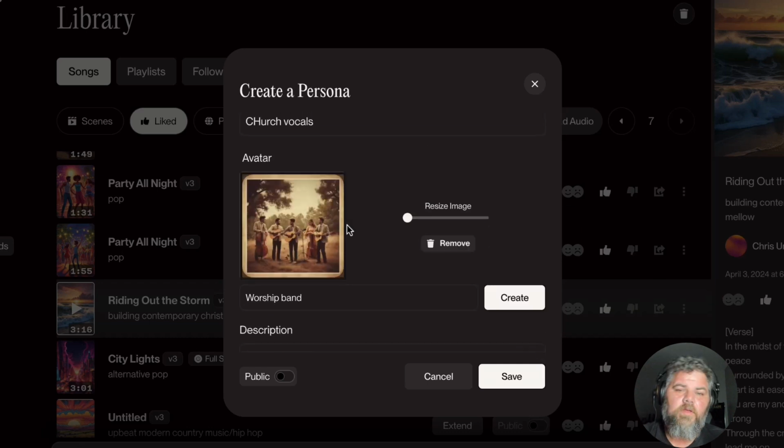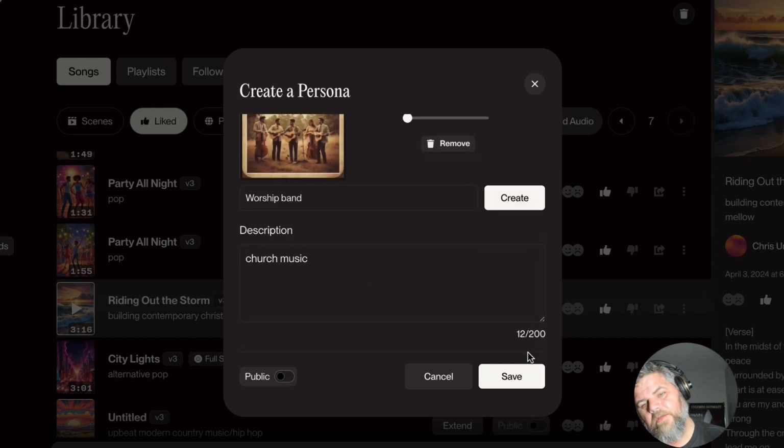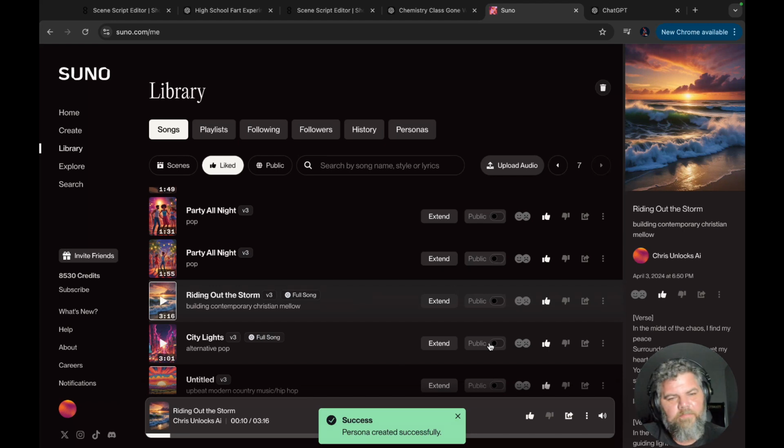It'll just give you a little image, and you can upload your own image if you want. Look here, that's the gospel quartet. Okay, then you just save it, and it saves real fast. Bam, now you have it in here. So when you go to create now,